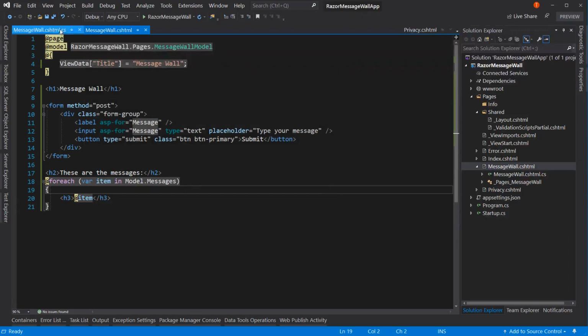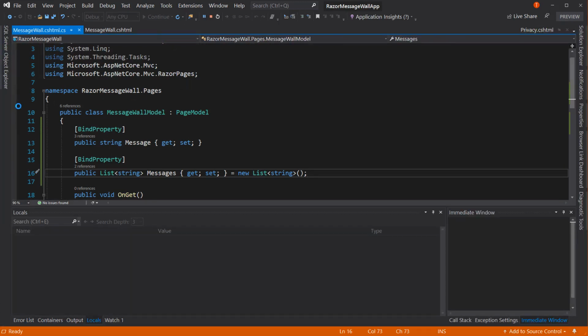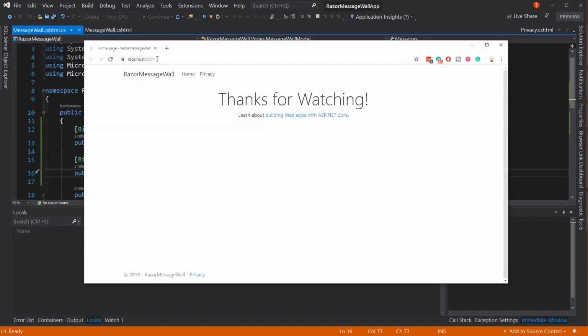So what's the problem? Well, the problem is up here, I have a list, but I'm trying to use it before I instantiate it. There we go. Now it's instantiated. Now if you realize again, it should be that we can get on with our demo. I also want to point out real quick,